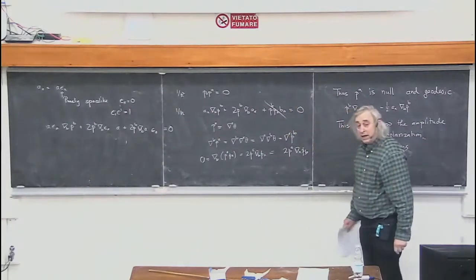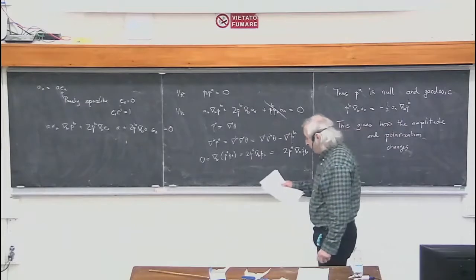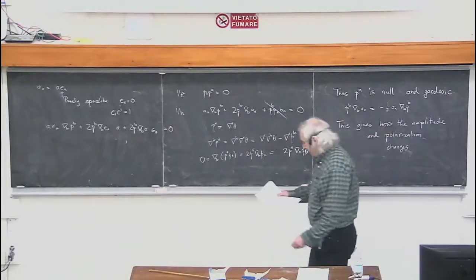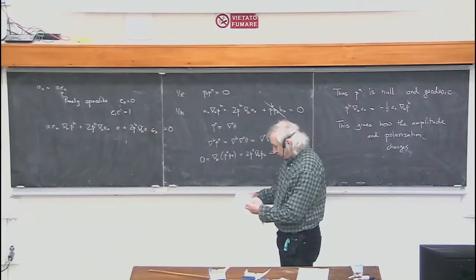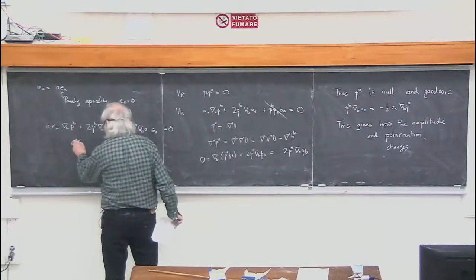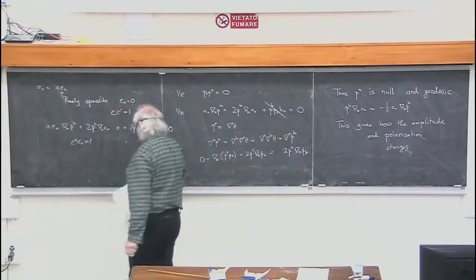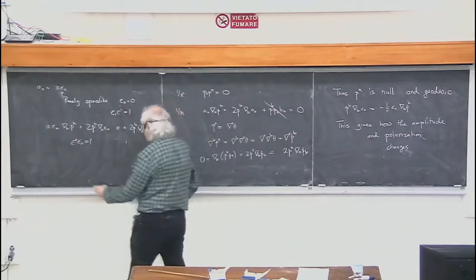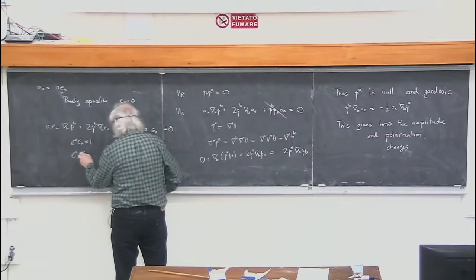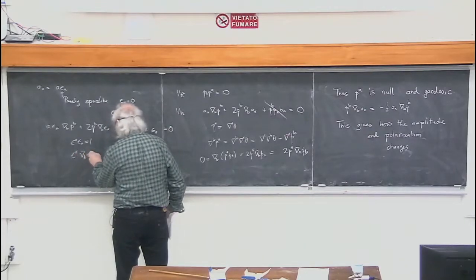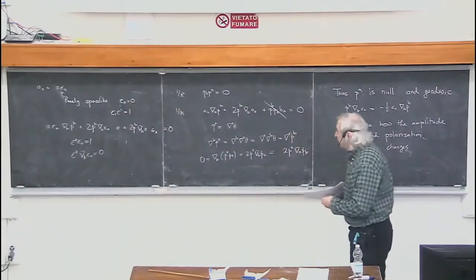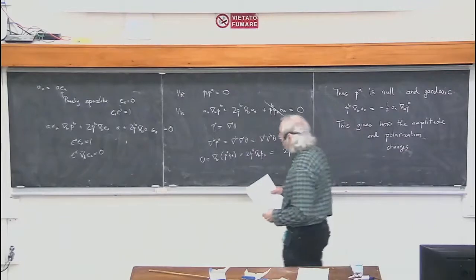Since ε·ε is equal to 1, you can contract this and you will get, by reasoning we had before, this thing tells you that ε_A ∇_B ε^A is equal to 0. And if we look at the equation above and contract it with ε,